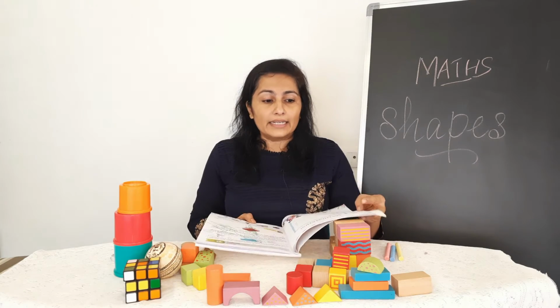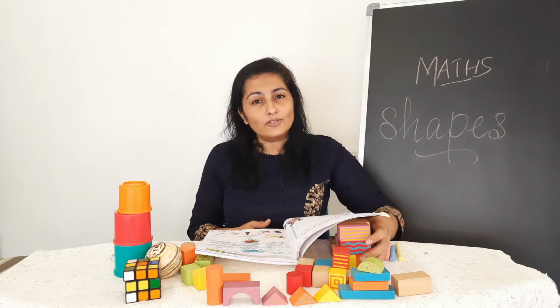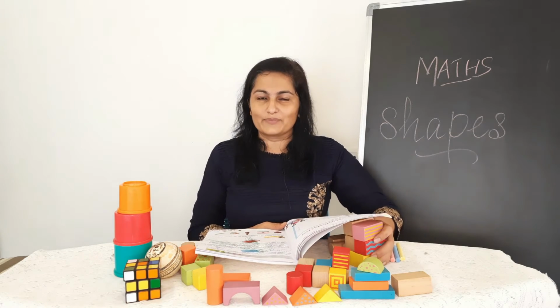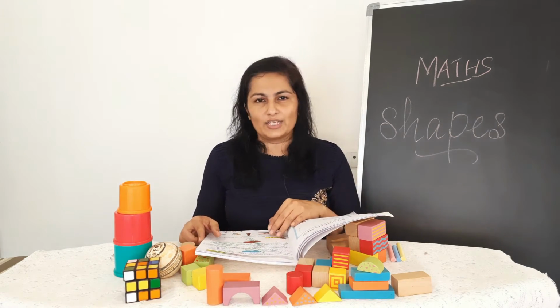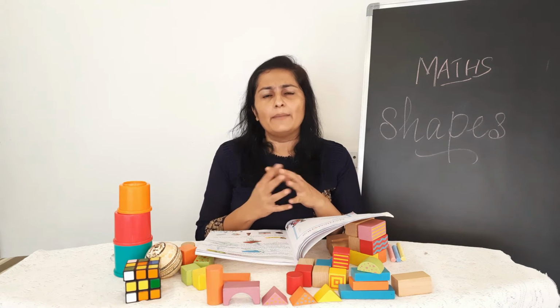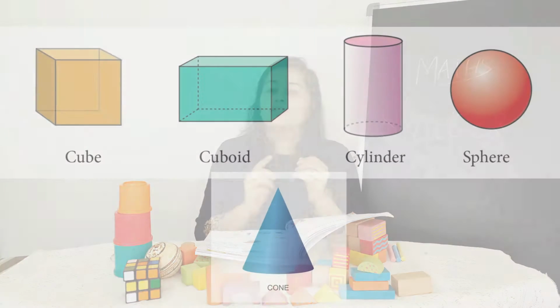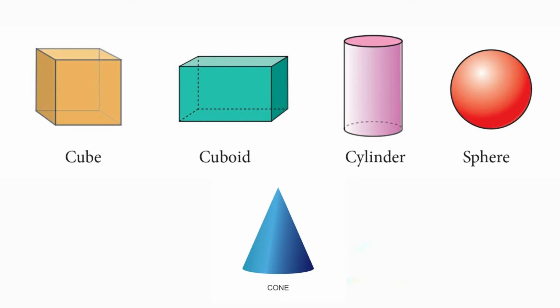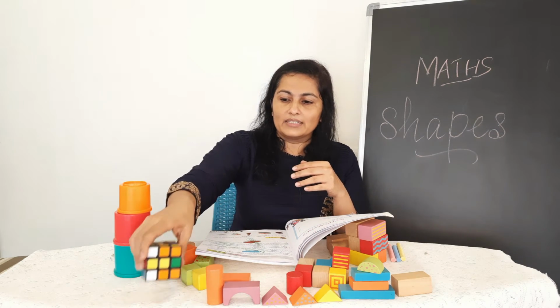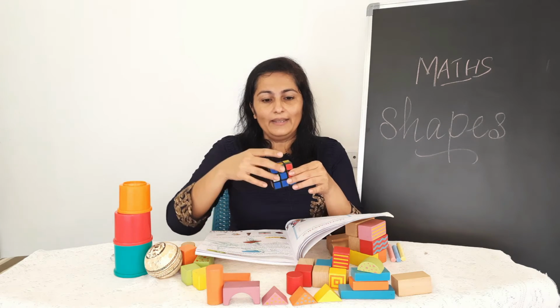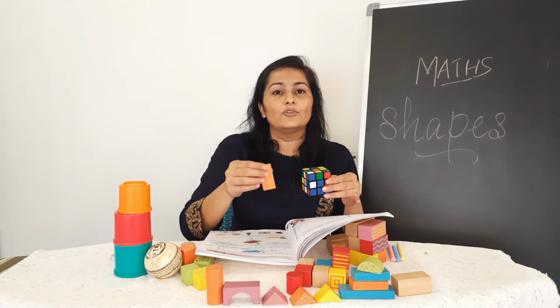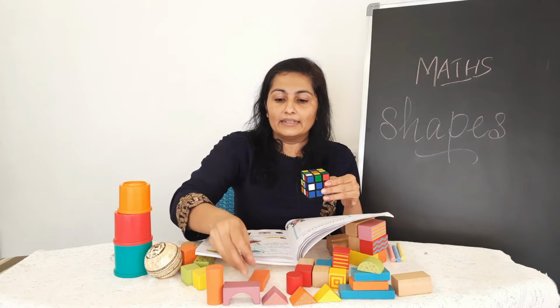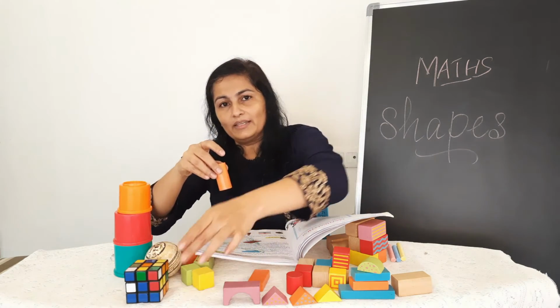And 3D shapes are also called solid shapes. Now what are a few examples of 3D shapes? Cube, cone, cylinder, cuboid and sphere. There are five shapes that you can learn in 3D shapes. Like you can see here a cube, then you can see a cuboid, and a cylinder, and